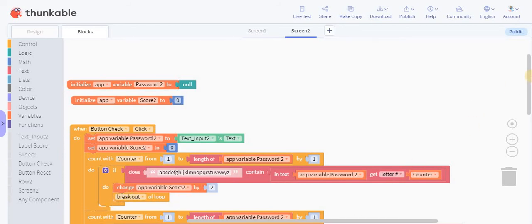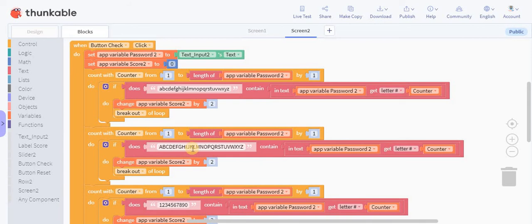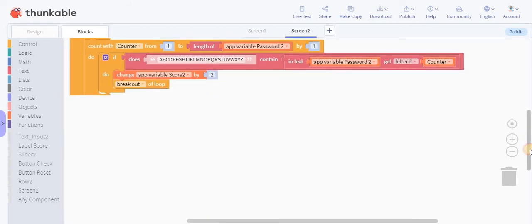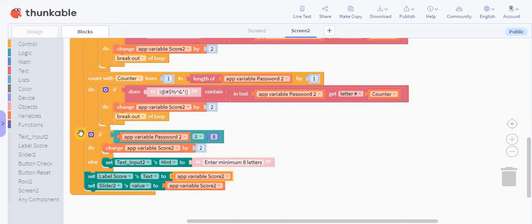So then it will stop this loop. After that it will check for big ABCD letters, and if there is, it will change the app variable score 2 value by 2 and break out of the loop. And same thing for 1, 2, 3, all the numbers and symbols. And now it will check